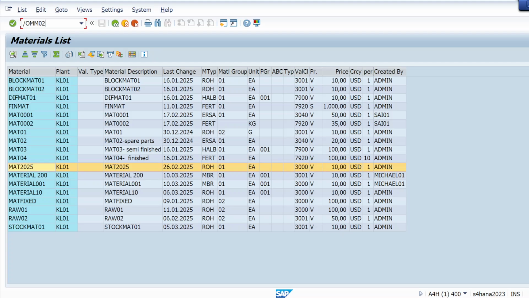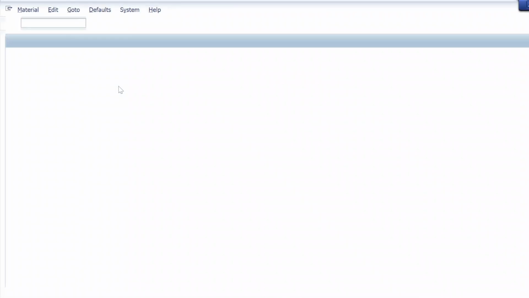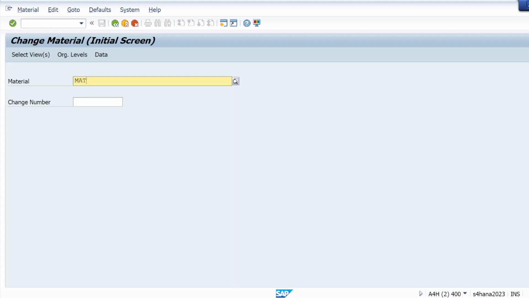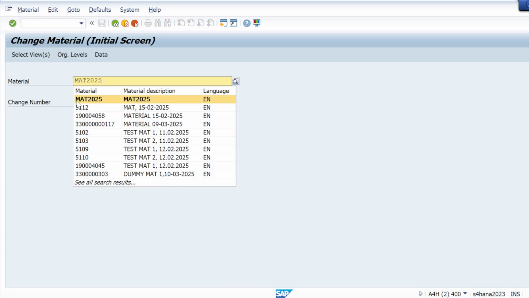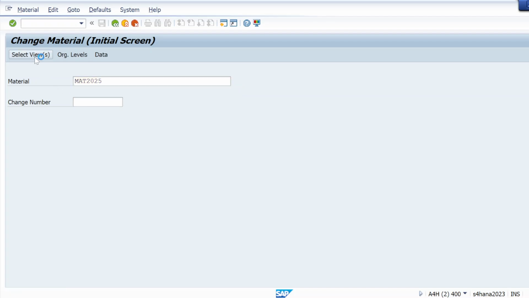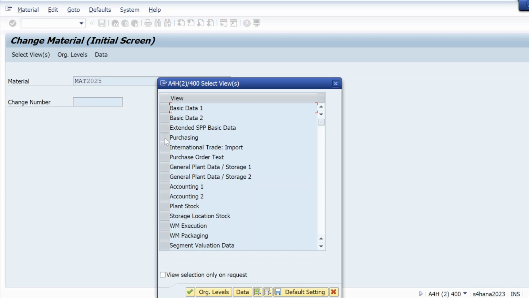MM02. Let me directly select the purchasing view because I need to select this automatic PO checkbox in the purchasing view itself.